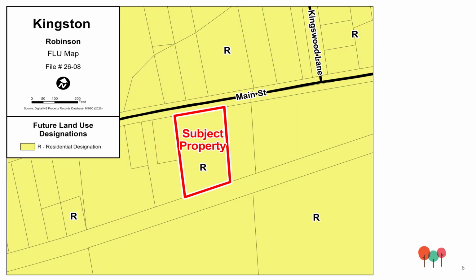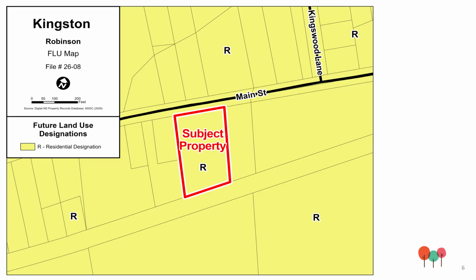This is the future land use designation map. The site and surrounding area is in the residential designation as shown in yellow. The designations identify what land can be used for, and if changes are proposed to be made, what those changes can be. Municipal Planning Strategy Policy 3.1.2 outlines the residential zones and allows each of them to be located within